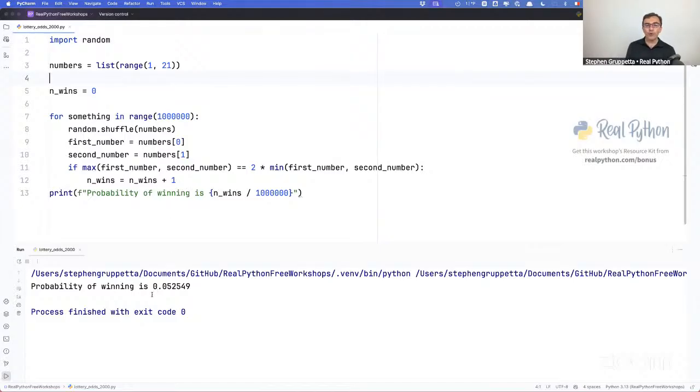And now the probability of winning is 0.052549, etc. We have an answer, right? So this is what we were trying to get. I'm still going to add a bit more, but we have reached our final destination, if you like. We started off saying we have this strange lottery where a player gets two random numbers between 1 and 20. If one of the numbers is exactly twice the other, you win. What are the odds of winning? We have an answer,